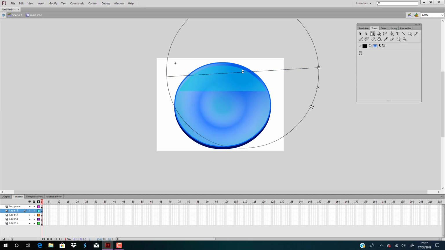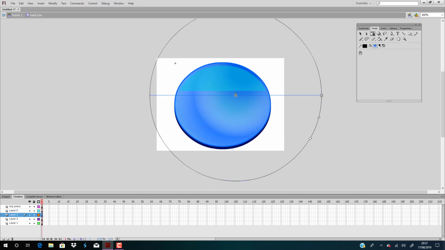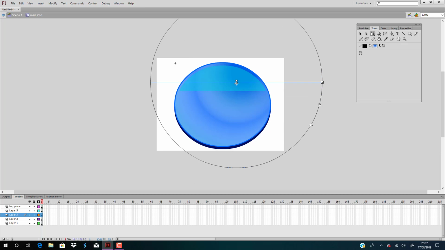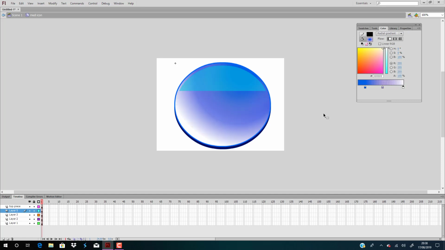But a radial gradient is actually circular, and if we press layer 3 again and do the same thing, we can somehow make it a little bit 3D. But if we change the colours totally and mess around with the definition, so say let's bring this alpha right the way up, now it's like that, that's white. So if I then make it blue